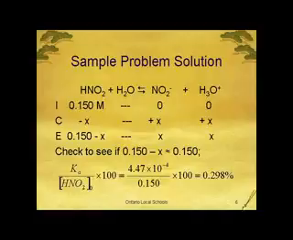So to do that, we take the Ka value and divide it by the initial concentration of the nitrous acid, HNO2. We multiply that by 100, and so we take 4.47 times 10 to the negative fourth divided by 0.150 times 100, and we get